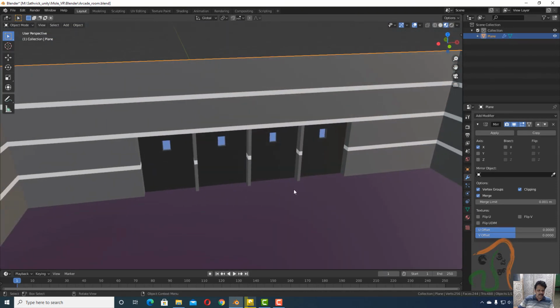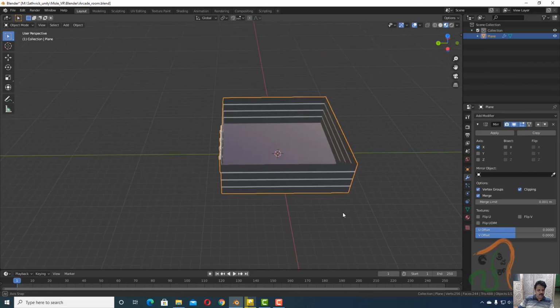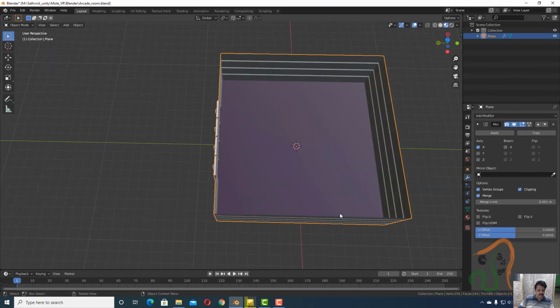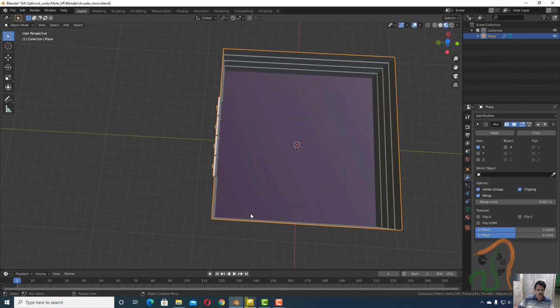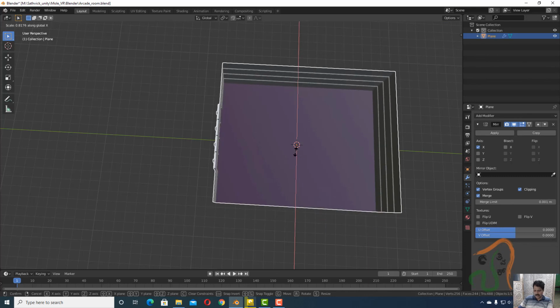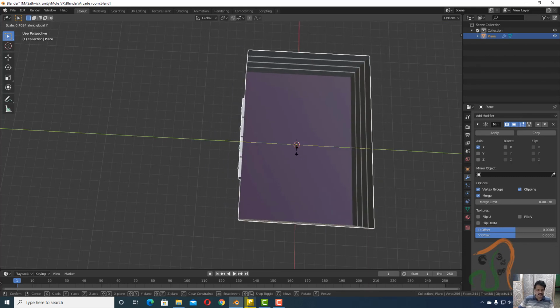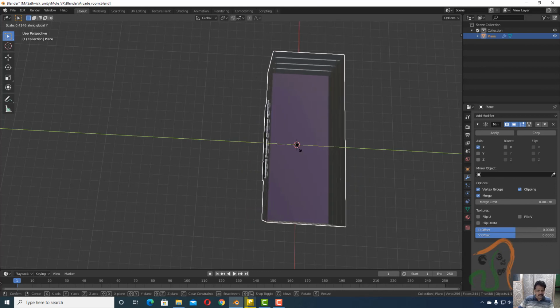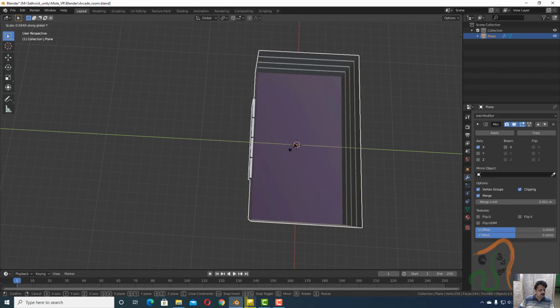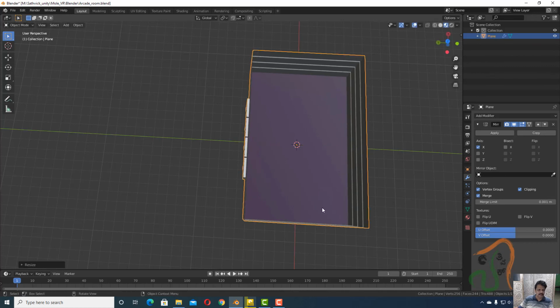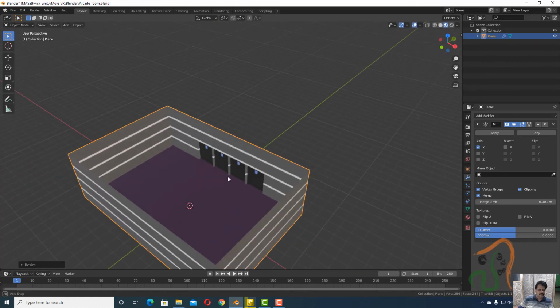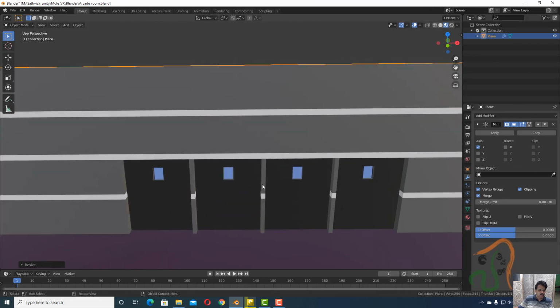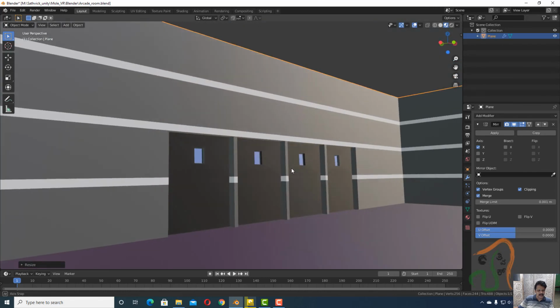Okay, this is fine. So we have our arcade ready. Only thing is this is square, we want it to be slightly rectangular. So what you do is press S and along the Y axis slightly scale it down. Let us try to scale it slightly, make it like a box like this. So with this, you can now see our arcade is ready.